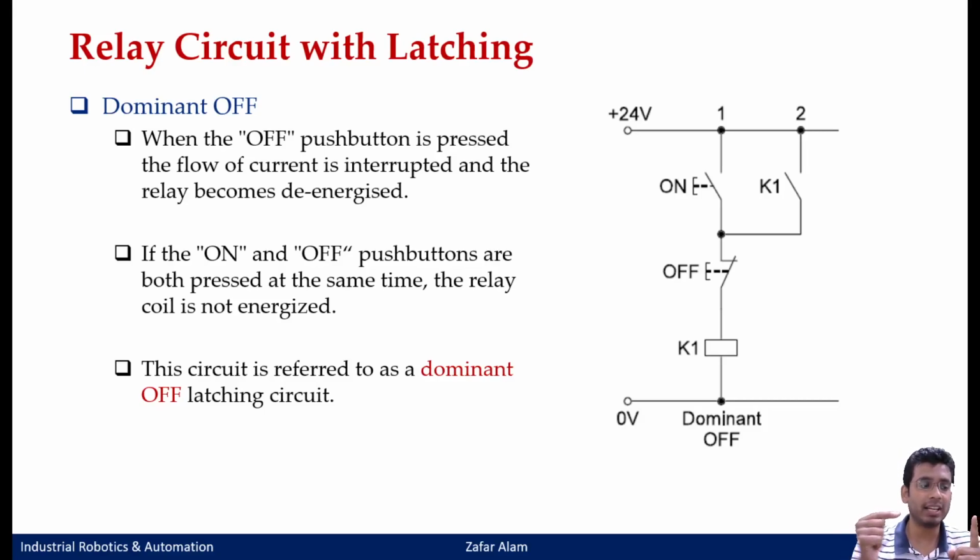Once my cylinder has extended and touched this limit switch, if instead of this on push button I place the make contact of my limit switch here, what would happen? This would temporarily close this circuit, and hence my relay would get latched, and with this relay I can engage my motor, which will now run continuously. Even if my cylinder has retracted and my limit switch has returned to its initial normally open position,